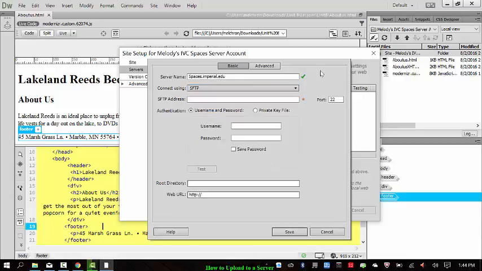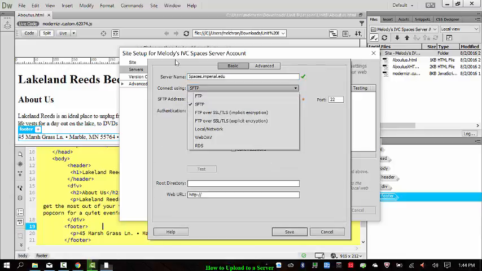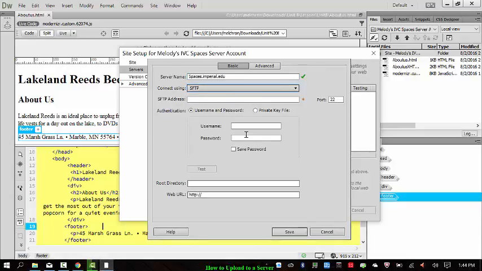It's going to be secure protocol. Notice how when I changed it to SFTP, our options changed a little bit down here. I want this to be lowercase. And then where it says SFTP address, that's spaces.imperial.edu. That is the address of the server. Username and password is your student email ID and password. So for me,